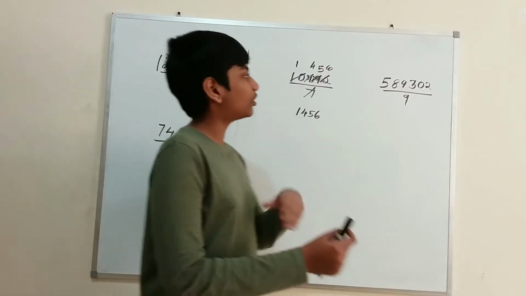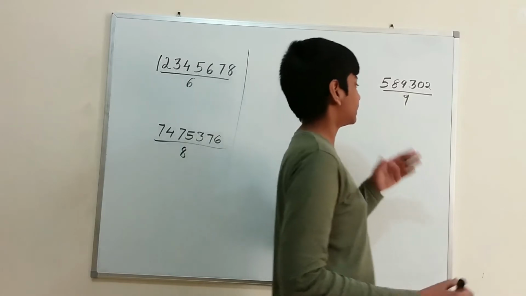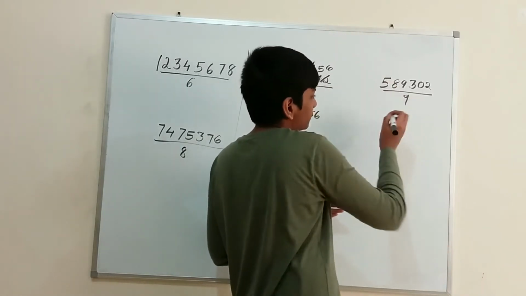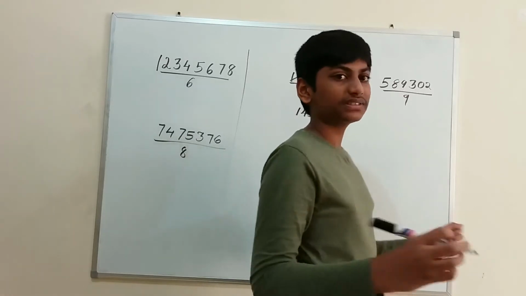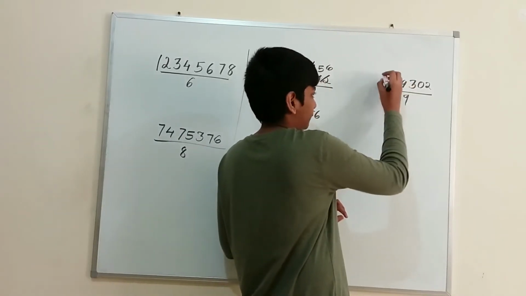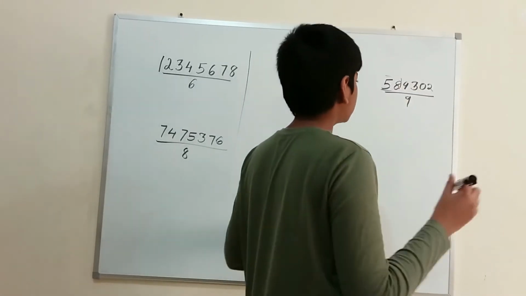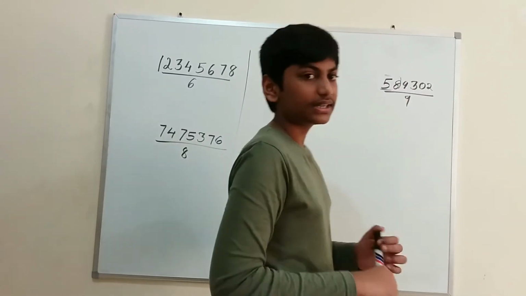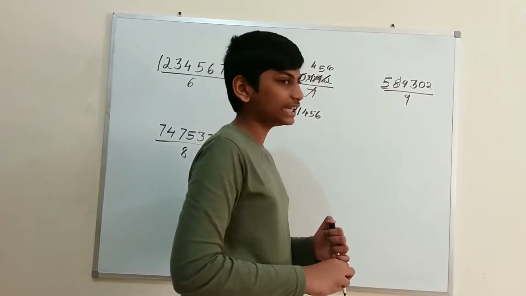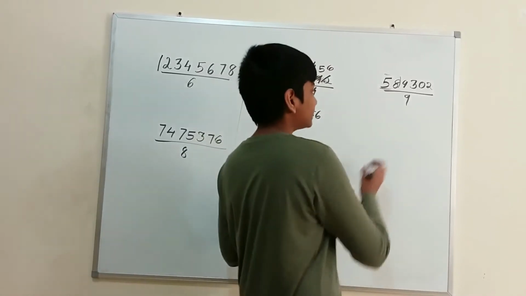Here we'll move on to the next, which is the 9 table. First we'll get 5. 5 cannot be divided by 9, right? Because 5 is lesser than 9. So what we need to do is group these both as one pair. So 56, we can take the 6 table, right? 6 nines are how much? 6 nines are 54, right?